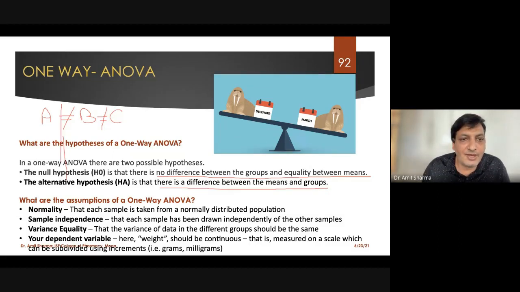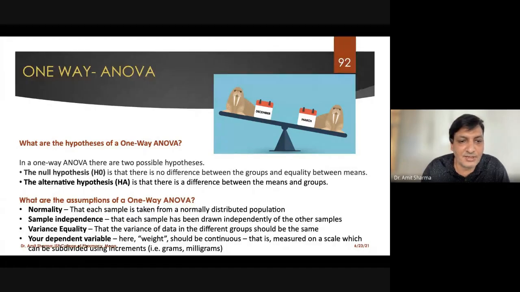One group will be called A, second group B, and third group C. So the reading of student number 1 under A, B, C, D, E, F, like this. So 10 readings we are going to take in all three groups. Finally, we are comparing the mean of A, mean of B, and mean of C. By comparing the means, we can find out which method of teaching is better compared to the other two. This we can find out by applying this particular test called one-way ANOVA.